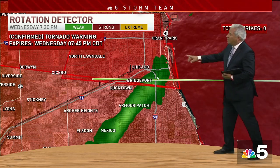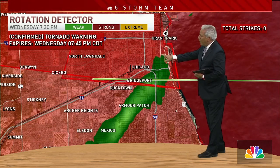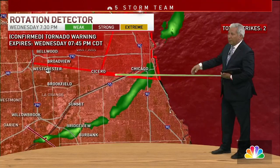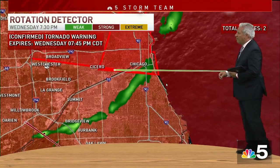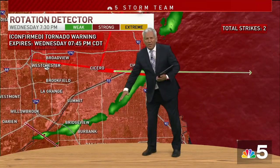So we still have the warning here. For the areas shaded in red, that's from the south side on northward through the city, and I believe that extends all the way up to Evanston. That tornado warning continues until 7:45. But this rotation right here,